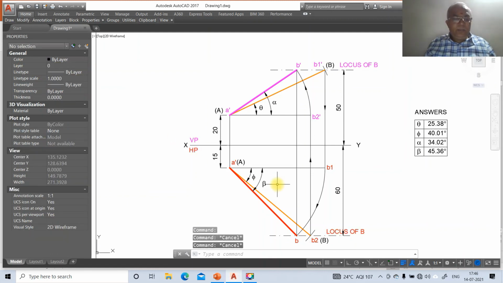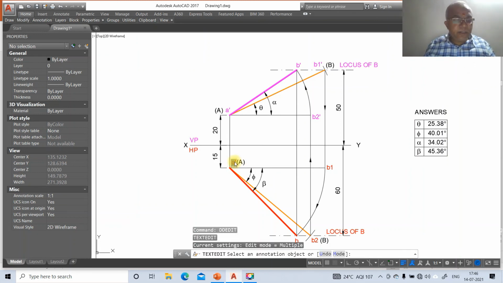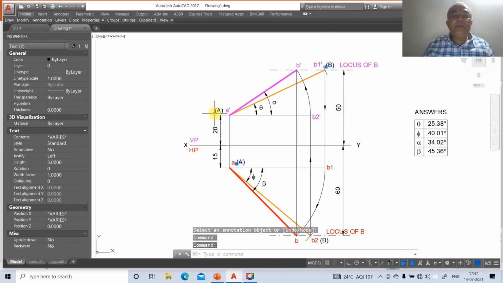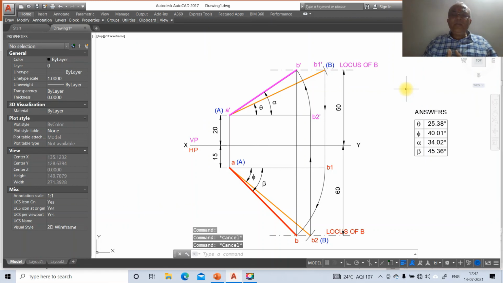Here to make this, DD edit, not as A dash, it will be E. Now you change this and this and this and this. To color, you just change that color to blue. That means both are true length. We're going to have the same dimension. Then go to dim.